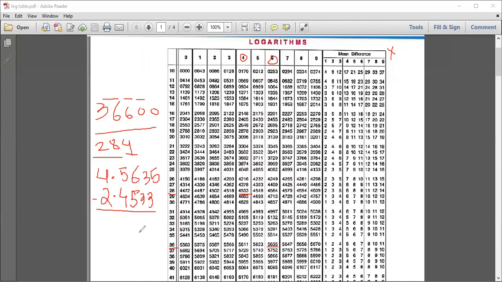Okay. So now the easy part comes, which you all are comfortable at, subtracting. So 5 minus 3, 2. 3 minus 3, 0. 6 minus 5, 1. 5 minus 4 is also 1. And 4 minus 2 is 2. So we put this in a bracket and we write the alphabet A over here.